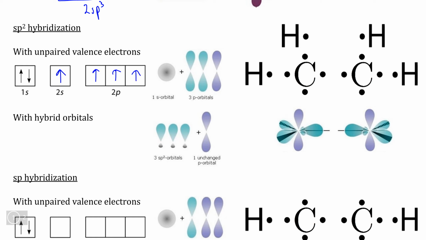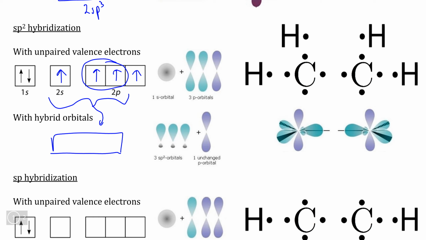basically the same starting point with carbon's 4 unpaired electrons split across the 2s and 2p subshells. But this time, the hybridization event is different because we're only going to join the 2s subshell with 2 of the 2p orbitals, such that we end up with a hybrid subshell that we call the 2sp2 subshell, because again, 1 orbital from the s subshell and 2 orbitals from the 2p subshell, resulting in carbon having 3 unpaired electrons